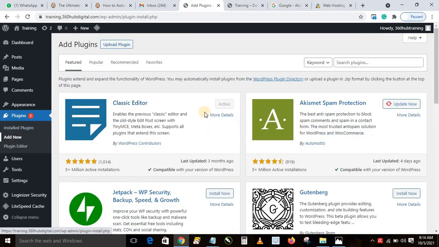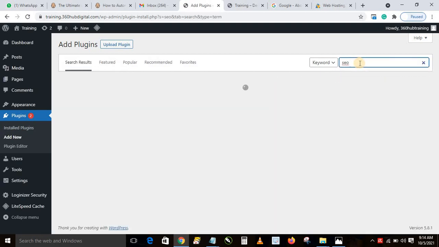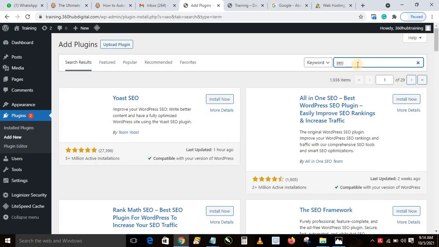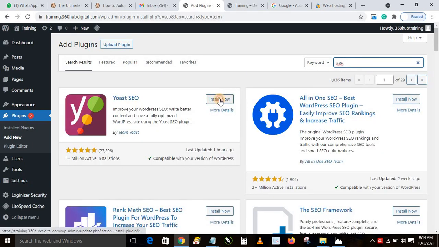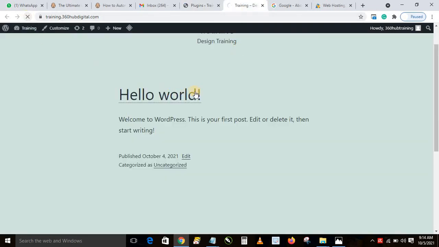We just add it. You go to plugin and click on add new. That will take us here. So what we want to do is just type SEO in the search bar. SEO. This will help with search engine. Then what we want to do is click install and click activate. Now this changes nothing with your site. If you come here and still refresh this site, you're still going to see that we've not done any design,